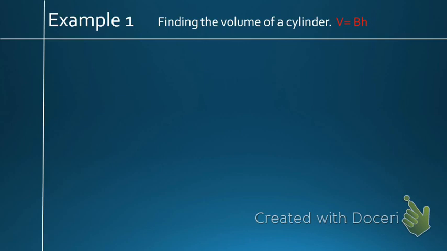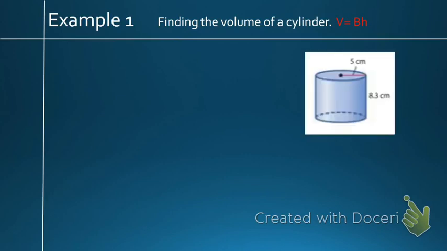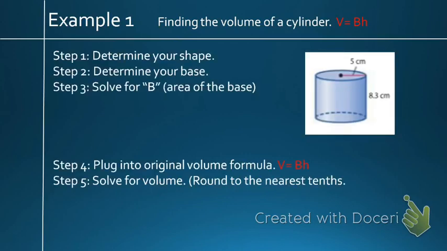First example, finding the volume of a cylinder. So your formula is V equals area of your base times your height. Here's our cylinder. Okay, your steps: determine your shape. So here we know we have a cylinder. Then we have to determine our base. The base is what it sits on, so our circle. If you look up top, it says we have a radius of 5 centimeters. So first we have to solve for big B, our area of the base. Draw your shape. I know my radius is 5